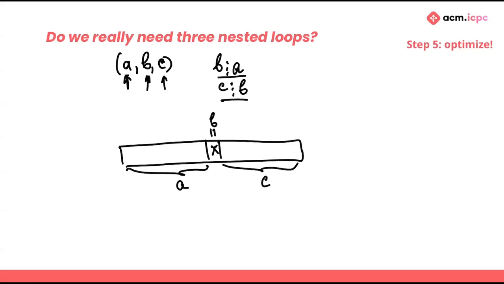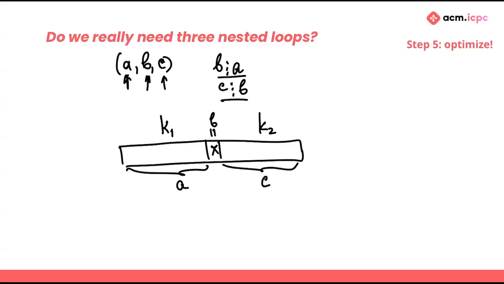As long as A divides B and B divides C, we have a magic triple. So here's an idea. If we knew that in the first part of the array there are, let's say, K1 elements that divide it, so there are K1 possibilities to choose an element from the first part of the array that divides B, divides X. And there are K2 numbers from the second part of the array